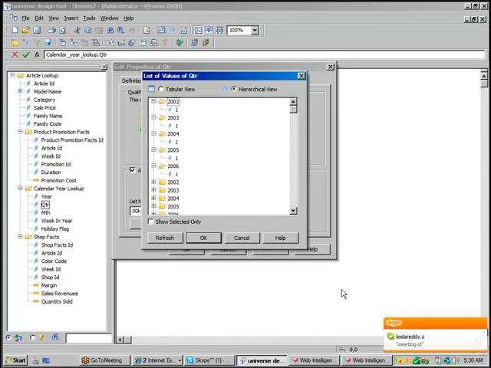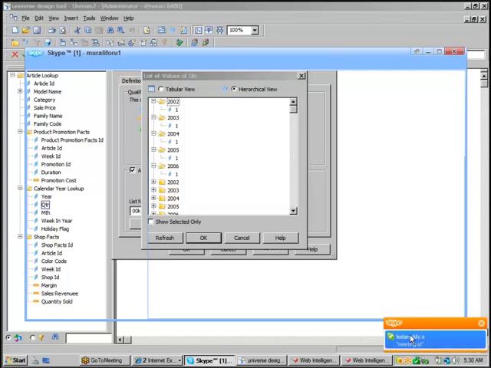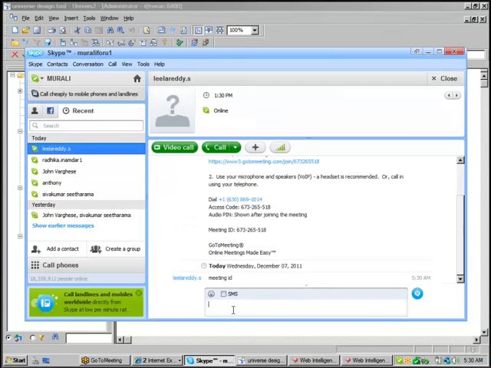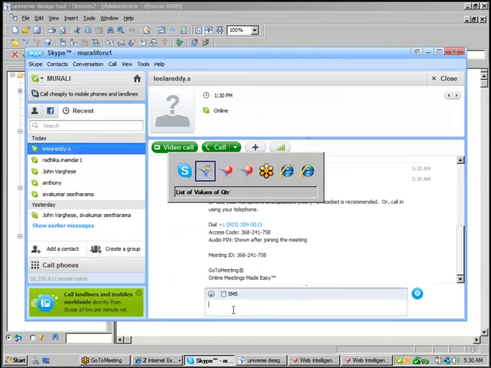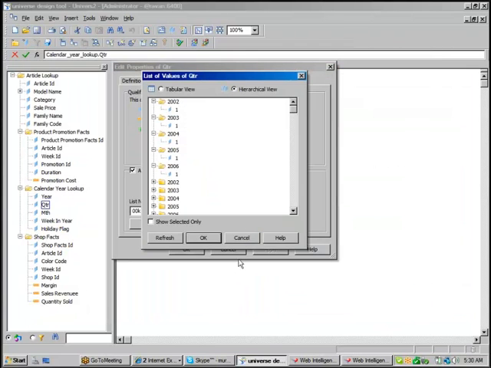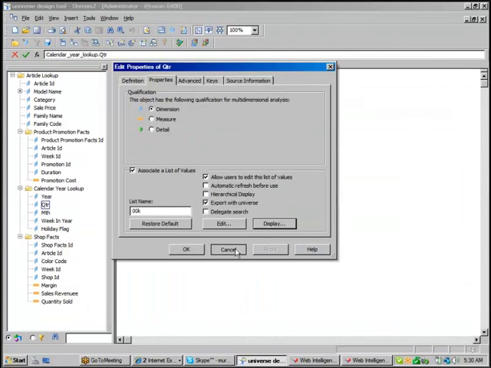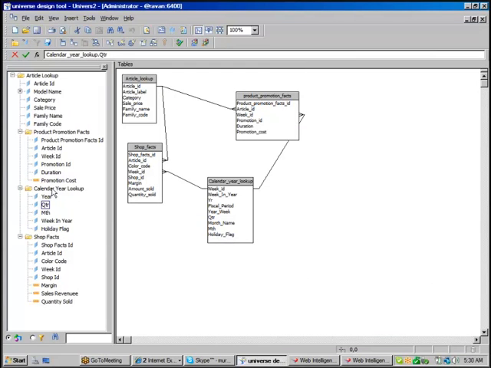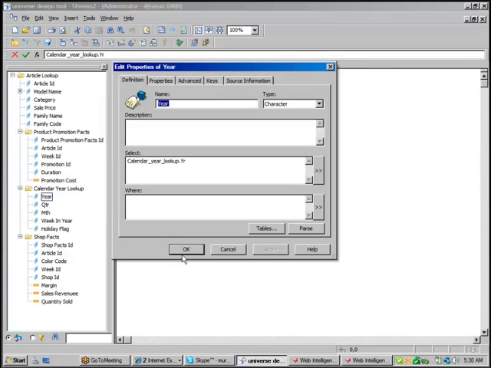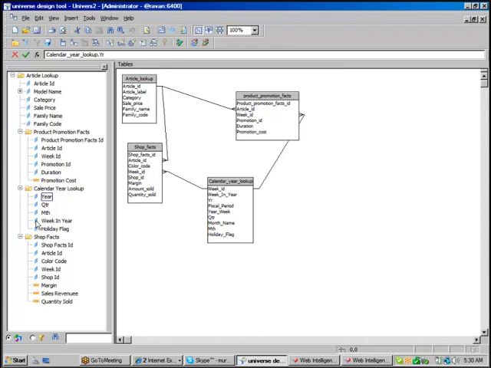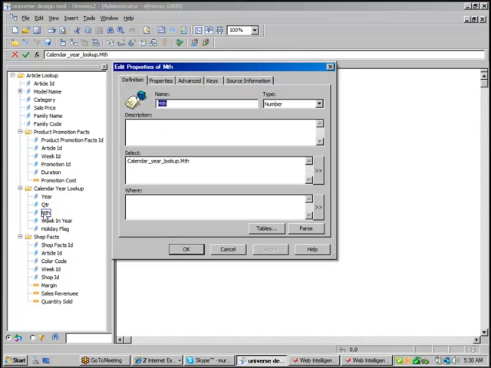Five years of data is there in the backend. That's why sometimes they'll ask us to display a list as a hierarchical view. If they request to display a particular object as a hierarchical view, what you need to do in real time is double click on that particular object. If they requested to display the list as a hierarchical view for month, double click on month, go to properties,